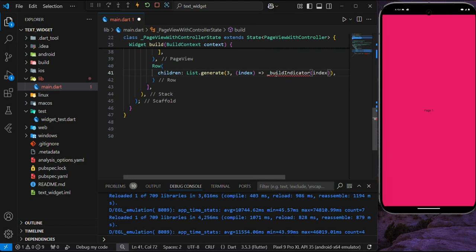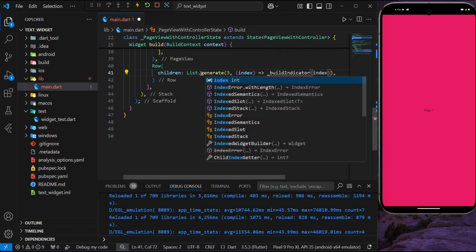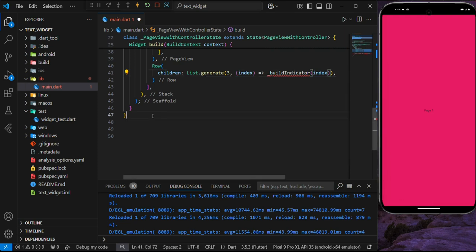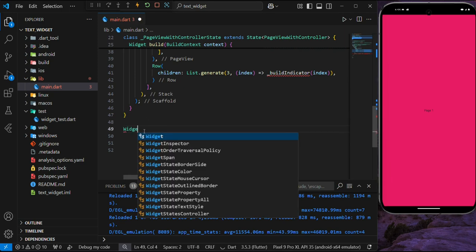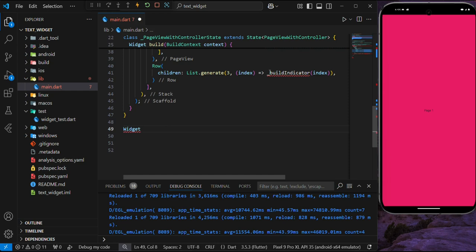So this method is going to return a widget, and those widgets are the 3 we're going to be displaying here. Because we're returning a widget, we first have Widget and then the name of the method. We're just going to copy this, come down here, and have this. Let's have a return keyword. So we're returning a container,